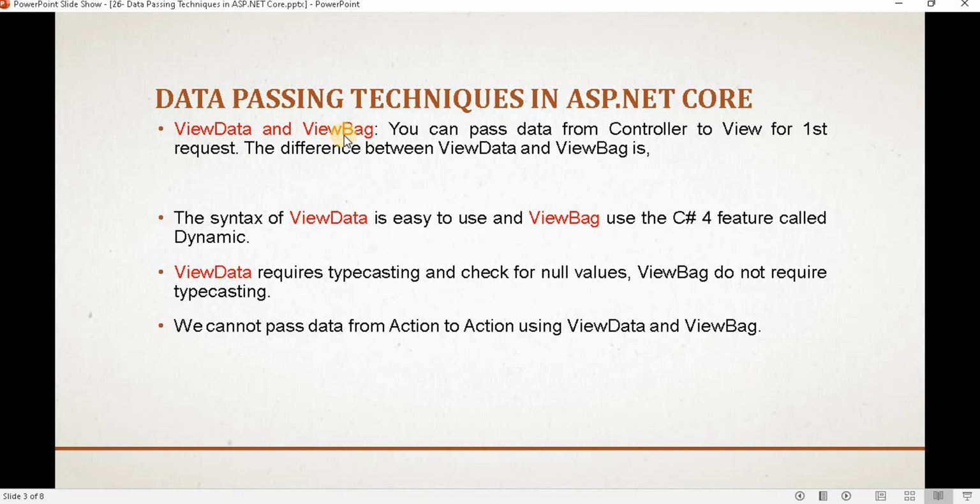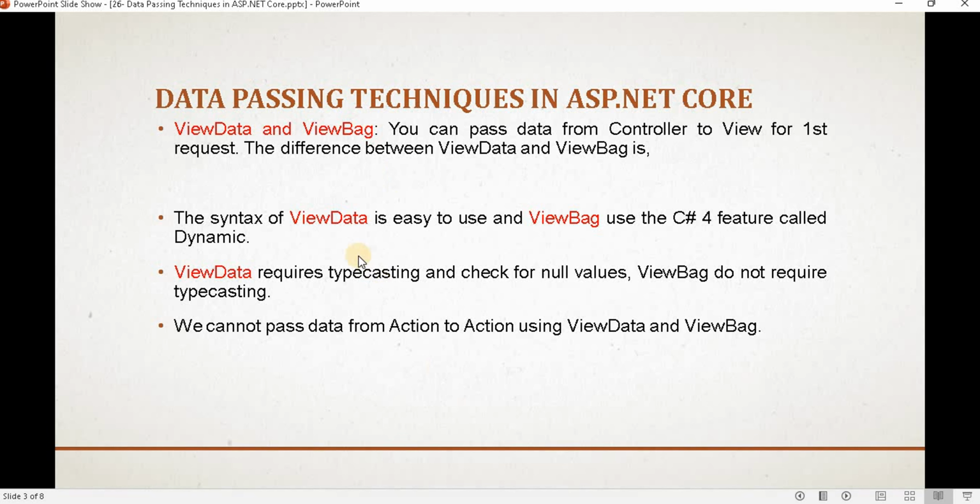Basically ViewData and ViewBag are both similar. These two are used to pass data from an action method to the view. If I want to pass data from one action method to another action method, then we can't use ViewData and ViewBag. Then we have to use either Session or TempData. The purpose of ViewData and ViewBag is to pass data from the action method to the view.